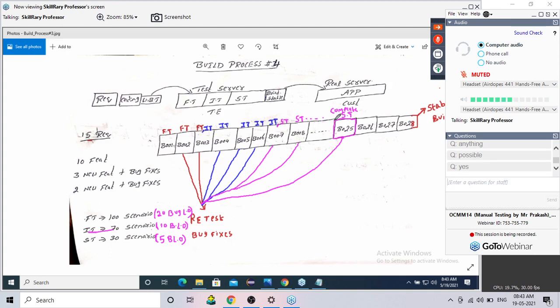Now the developer, what does he do? He fixes these 5 bugs and gives it to you in which build? According to this diagram only you speak. Now these 5 bugs he is going to fix and give in B26. Perfect. Now you tell me, in B26, what is your job? Same engineering example you take and talk. Let me choose some other color. Brown I will take.